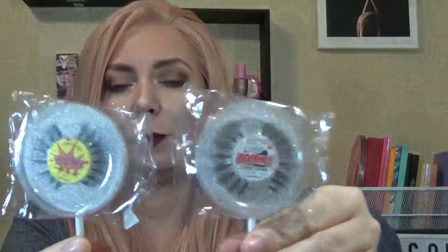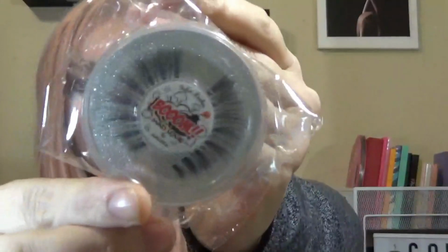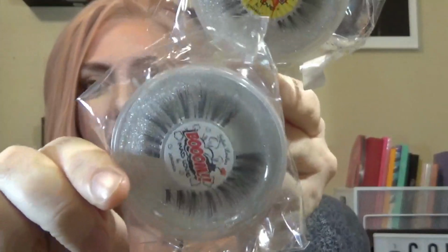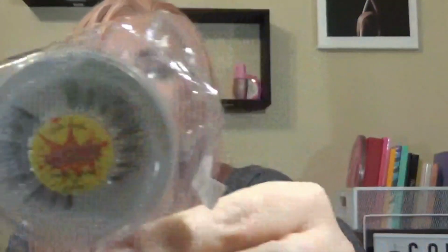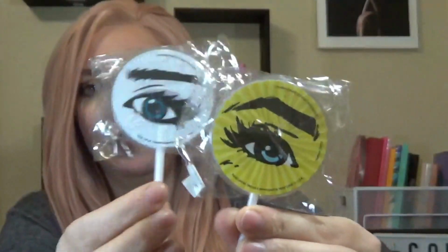And then we have a couple lollipop lashes here, a couple different styles. This one is called Mad Love, and they have a clear band and appear to be a little bit natural, a little wispy. These ones are also called Mad Love. Oh, maybe these are Wow and these are Boom. I don't know. But these ones have a little bit more hair. They're a little more full than these. And on the back, they're super cute. Look. Oh, I got a set of eyes. Super cute. So these are called their lollipop lashes, and I think they retail on their site for about $1.55